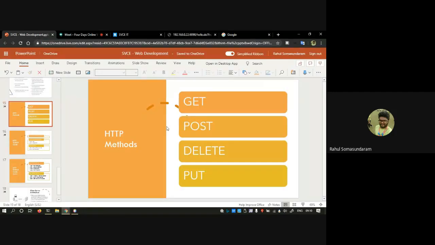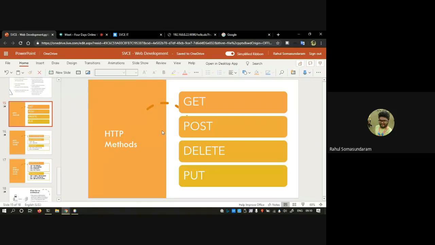Now I am just submitting this thing. You are getting the same output, right? Whatever we have seen in the C program, I have translated to web-based applications. So I am submitting a request and it is printing my name. So this we can call post.